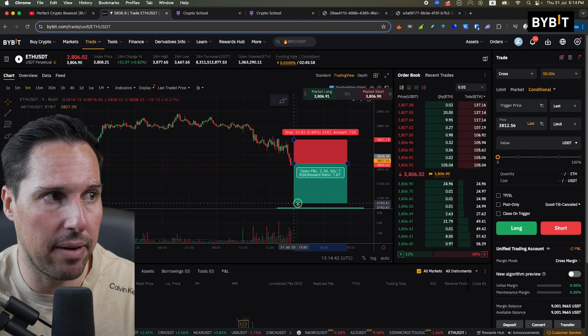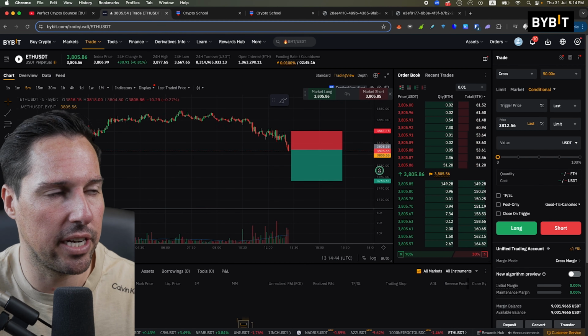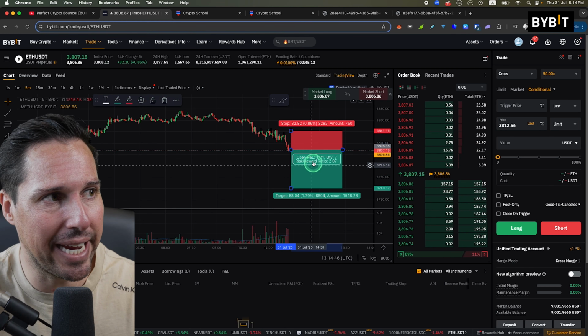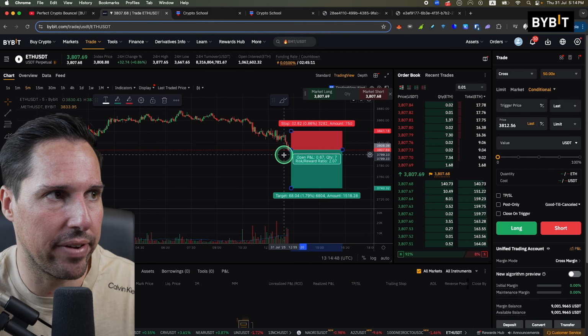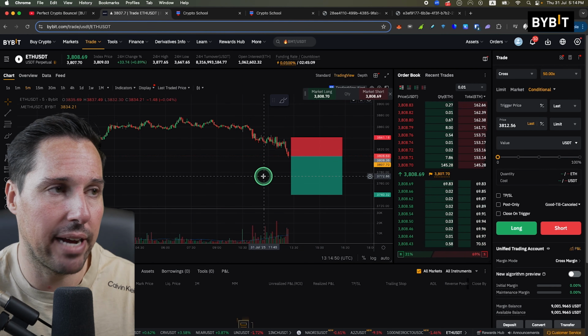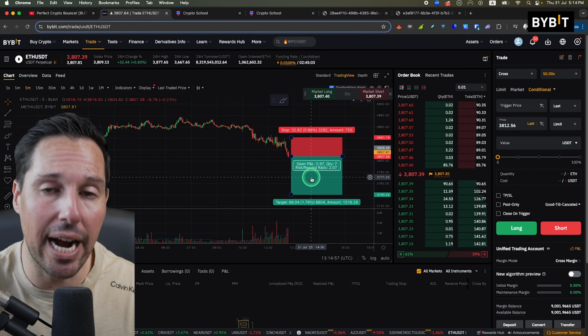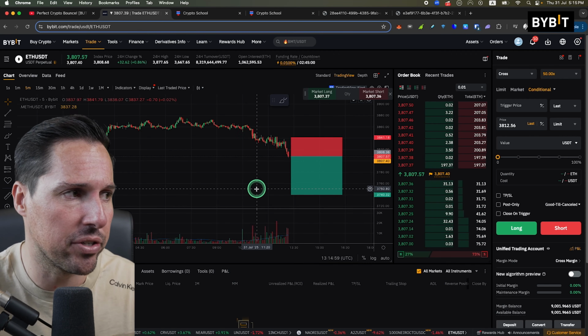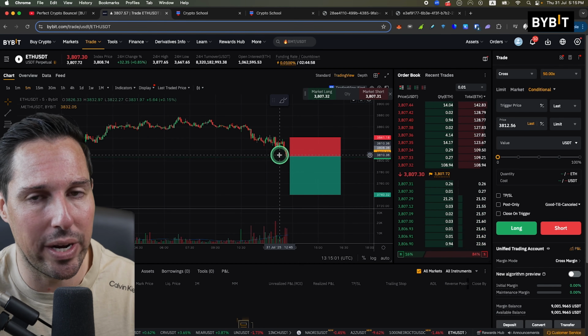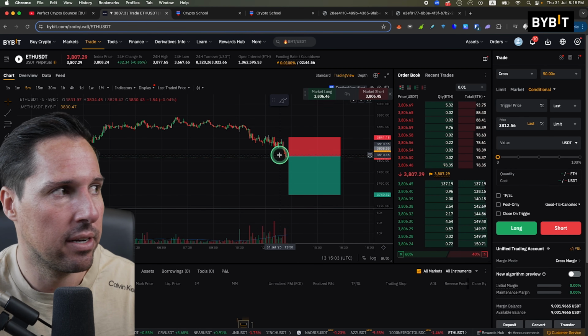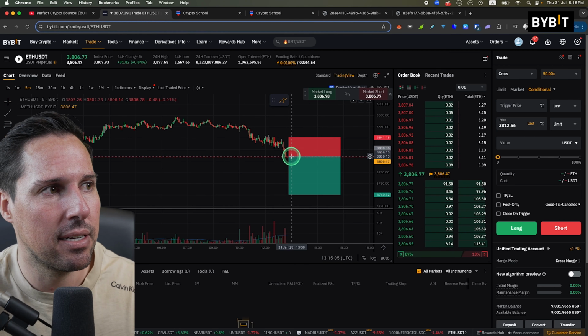Going short on the trade means that you're betting that Ethereum will continue to go towards the downside. And you begin to enter into a short trade over here. Every short trade, as well as every long trade, has a liquidation price. Now, the higher the leverage is that you're particularly using, the closer the liquidation price will be to your entry. And what that simply means is if your